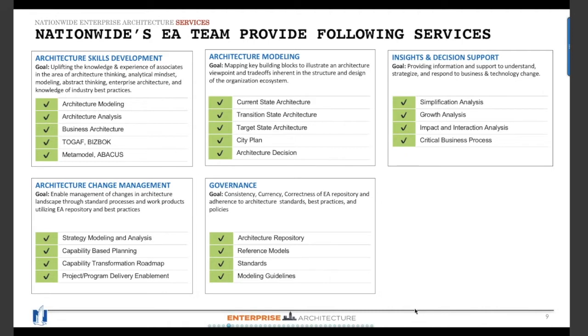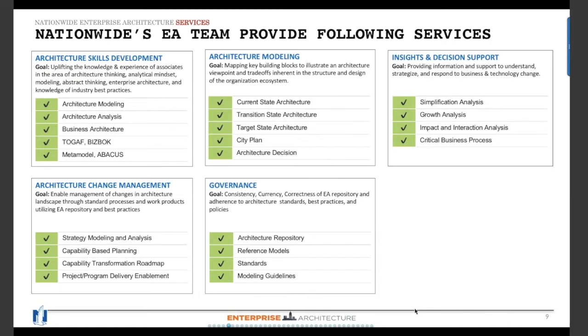So overall, you can think of us as a capability team and enabling team. One of the key services that we provide is architecture skill development, whether about TOGAF or architecture best practices, to how to model and adopt enterprise architecture, specifically in a very